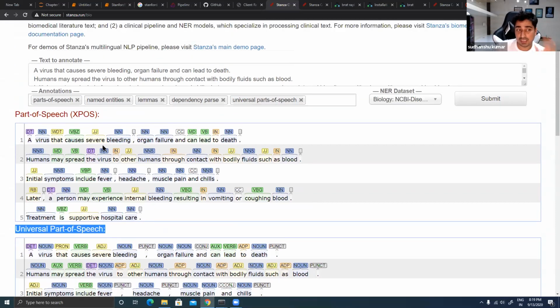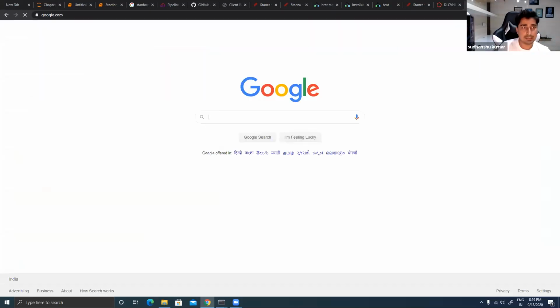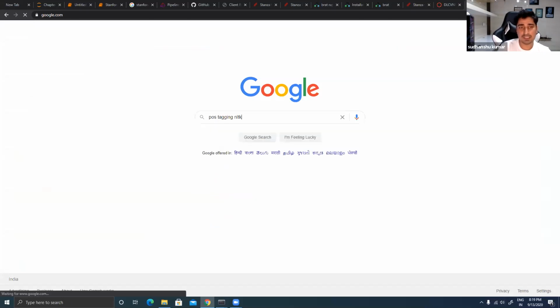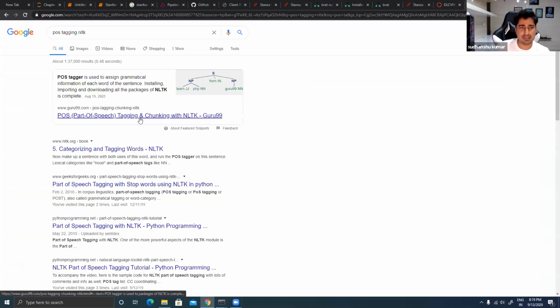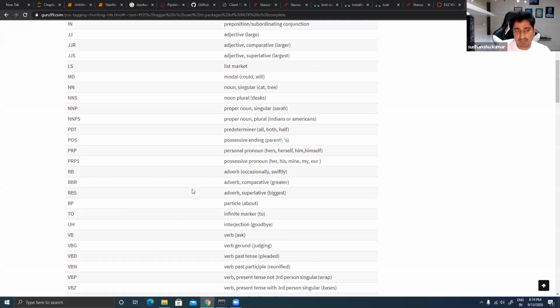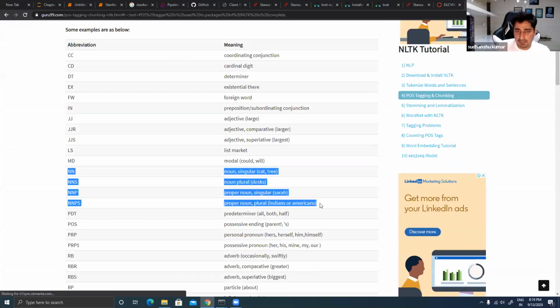When I'm talking about parts of speech, you must have seen that there are multiple varieties of the noun, right? If I just go to Google and type POS tag NLTK, it's the same thing everywhere. I can select any of these options. These are the detailed parts of speech.